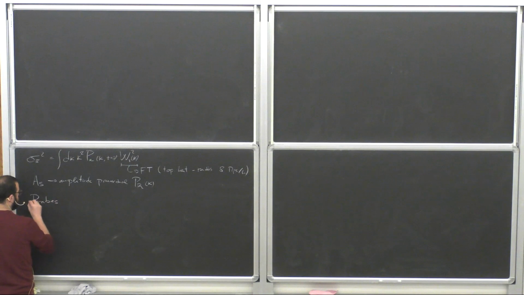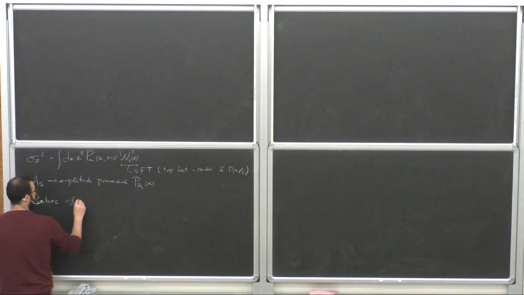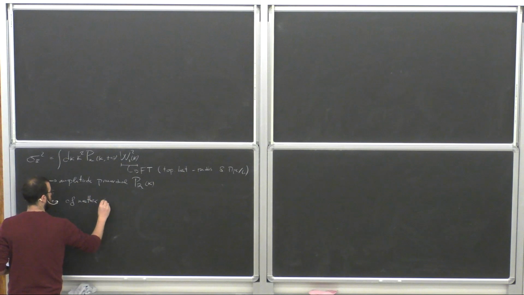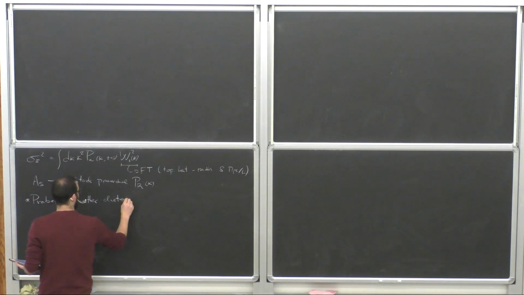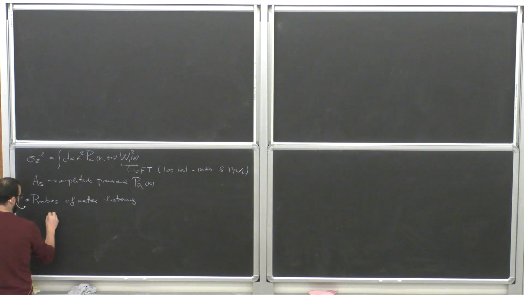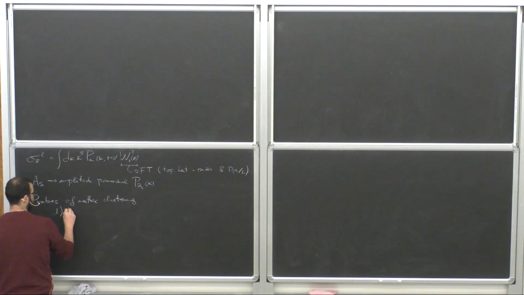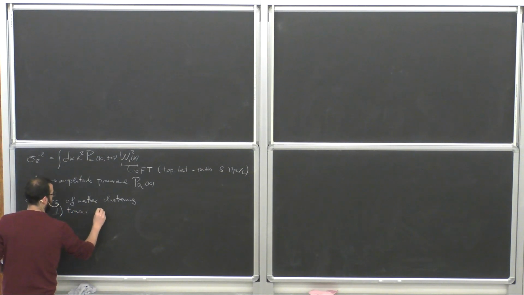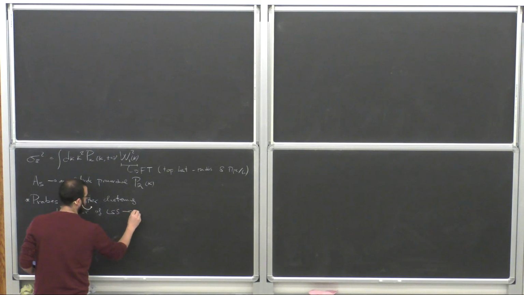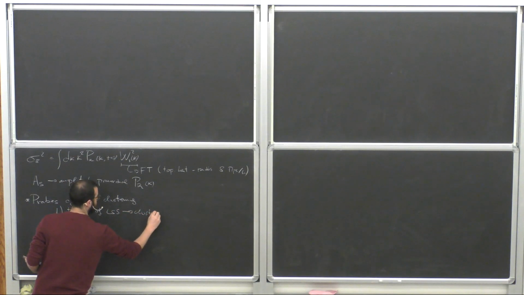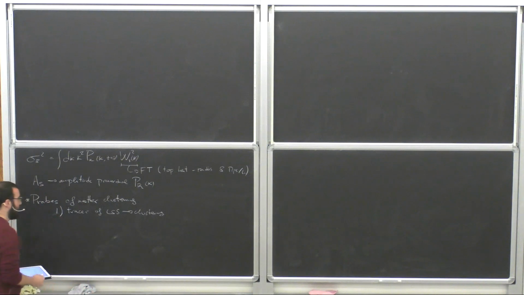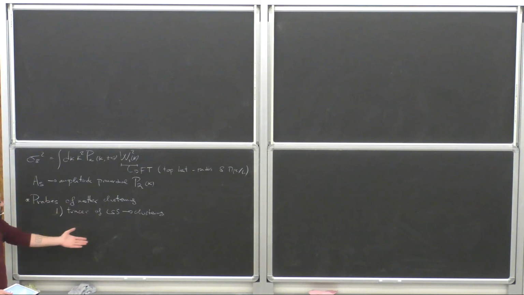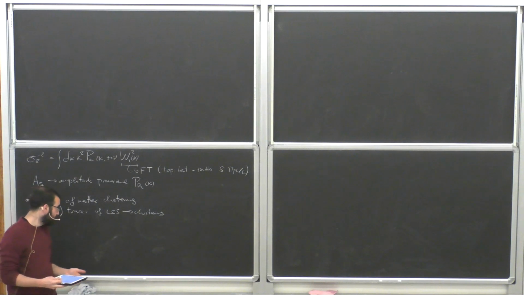The main probes that we can think of for the matter clustering are basically different probes with tracers of the large scale structure, and here we will be measuring directly its clustering or its abundance. And this one, for example, would be the galaxy power spectrum, or if you go to smaller scales and higher redshift, you can measure also the power spectrum of the Lyman alpha forest.